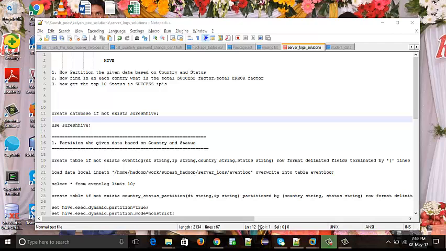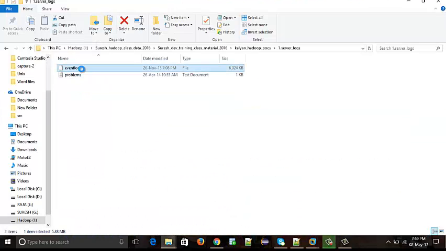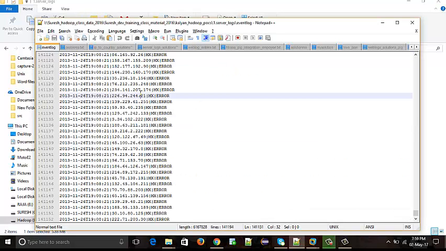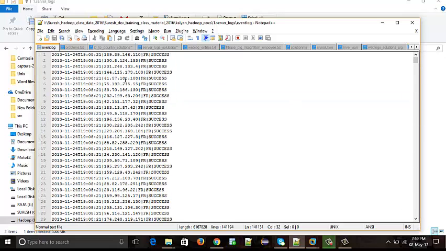So I have one file. This is my log file, that means that is the input file. In real time, like I said, we have one log file available. For example, this is my input file. So here I need to